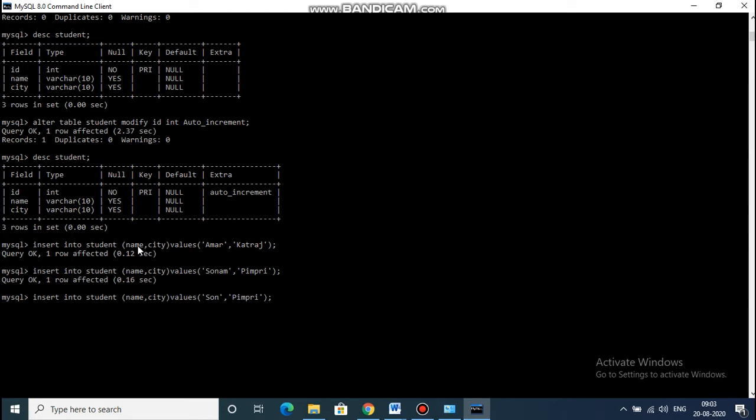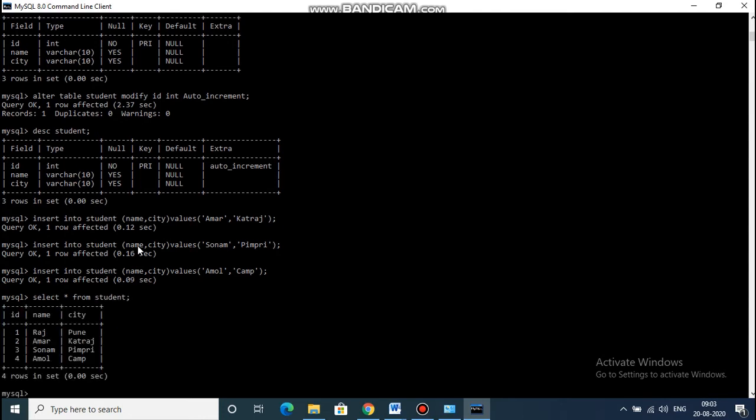Again Amol and city. Okay, so to see the data, select star from student command. So the ID field is automatically generated by the table while insertion.